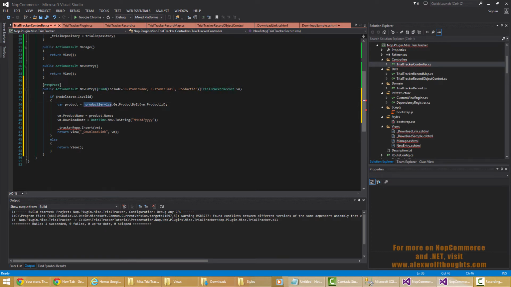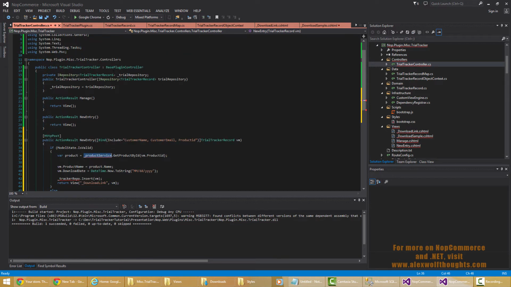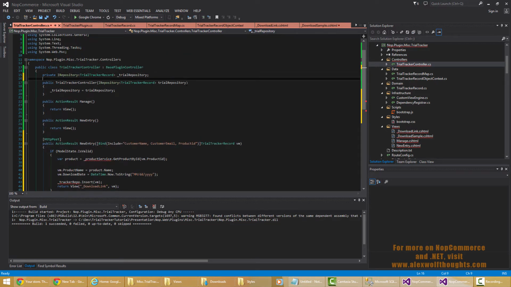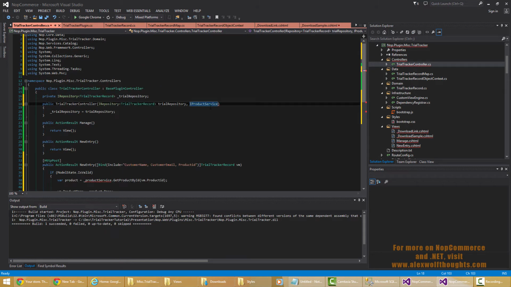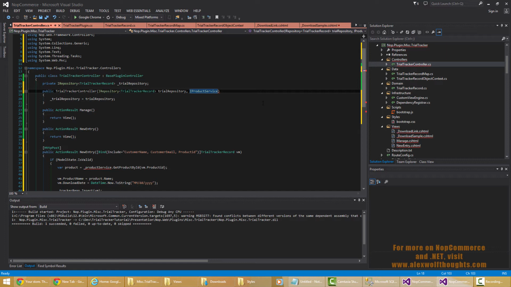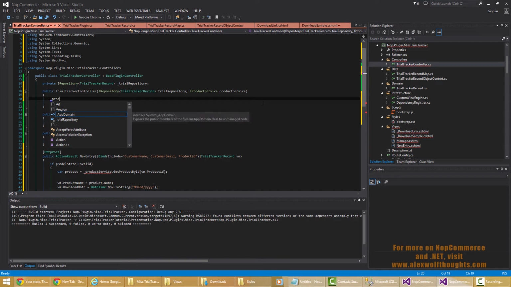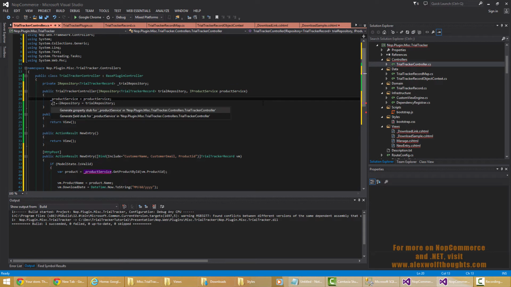Now you can see we have this product service. We actually need to add this into our controller constructor. Nop provides something called a product service that lets you access information about products in the product catalog. You can see we just pulled in the namespace Nop.Services.Catalog, and this already has its dependency injection set up. So I'm just going to call this productService, and then